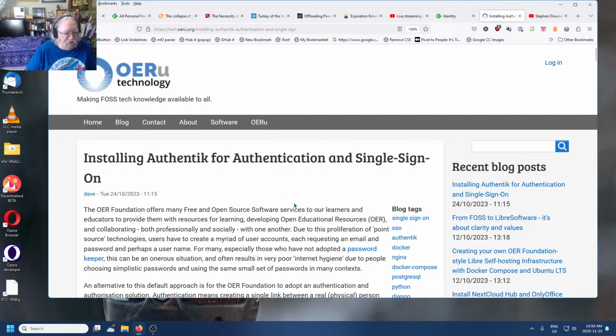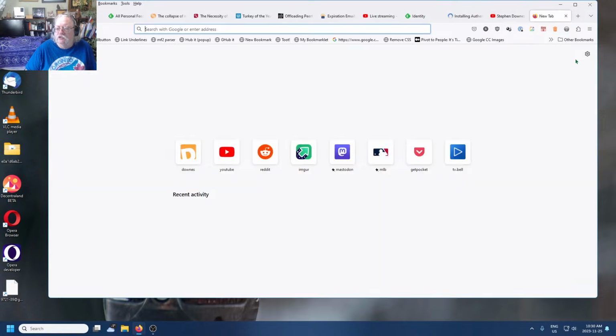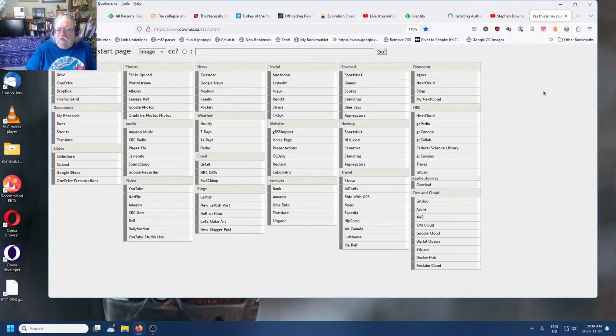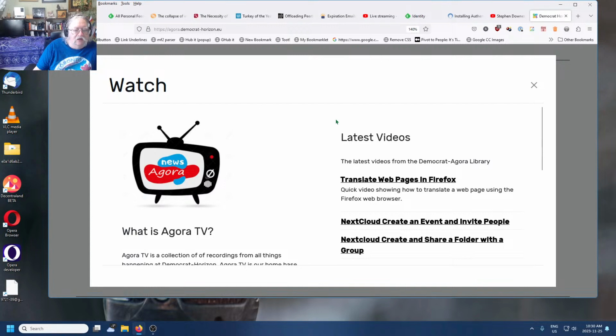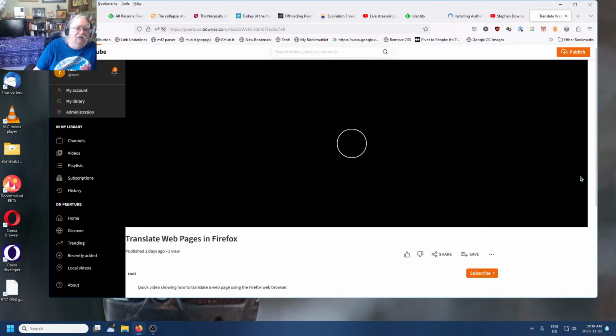Installing Authentik for authentication and single sign-on. Here's the context, in case you're interested. I'm working on a project, and the project is called Agora. Here it is. It's something I'm doing in my own time. It's not part of my day job, it's part of my night job. And different parts of Agora have different components. For example, here's an instance of